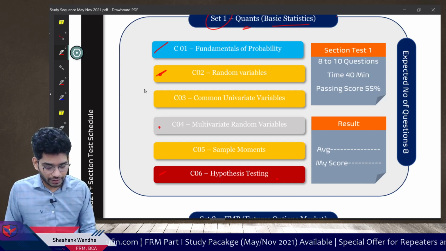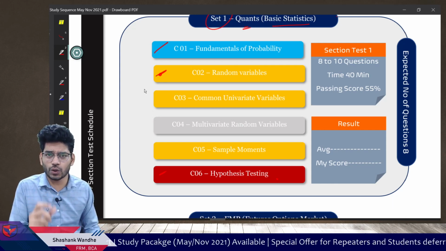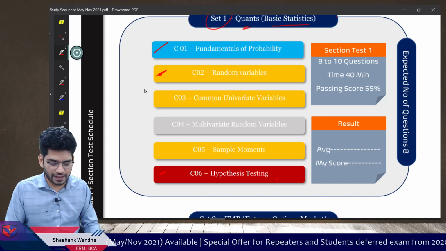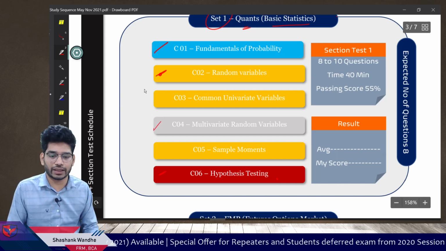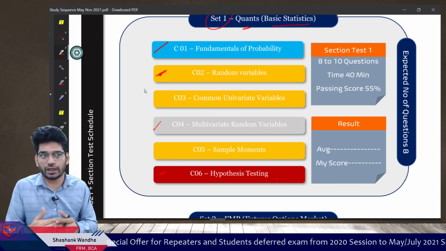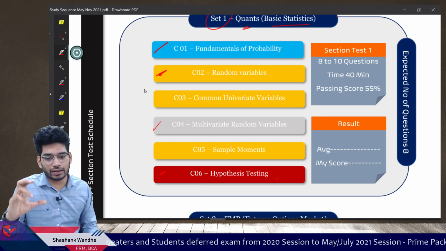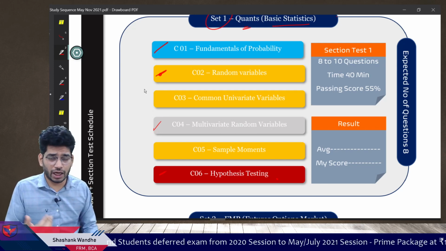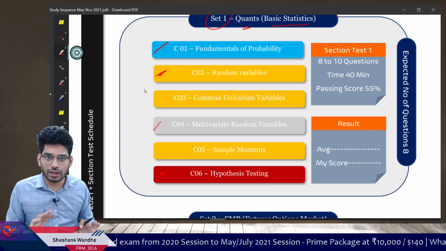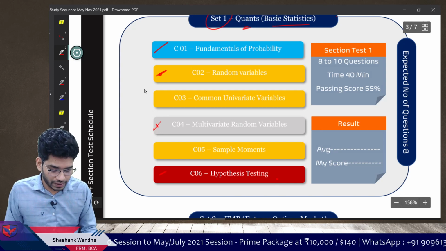Out of the line as in this particular topic, the multivariate random variable topic, is very highly loaded with mathematics. If you start with this chapter, in the first segment itself we have multivariate, and if you are not used to complicated mathematics, you might find this topic difficult, and you might end up building a notion that the complete syllabus is like this. But the reality is the overall syllabus is normal, average. It is not very highly difficult. There are only a few topics which are difficult.